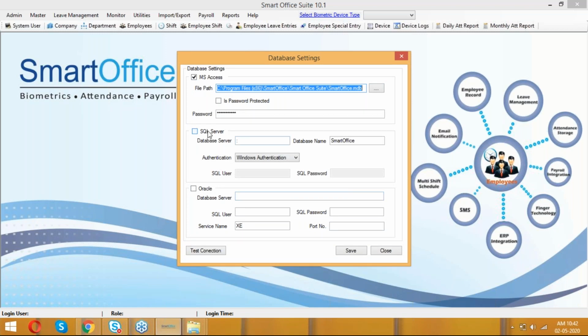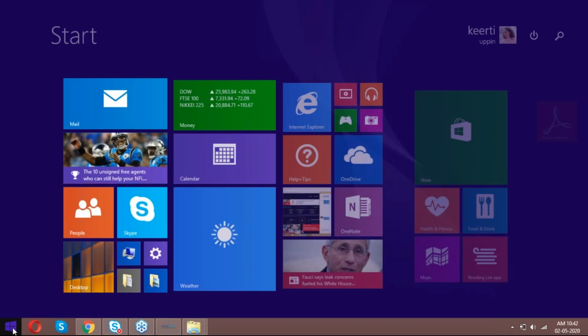Okay, so if you want to use SQL Server, first you have to have the SQL application installed over here. I'll just open the SQL.